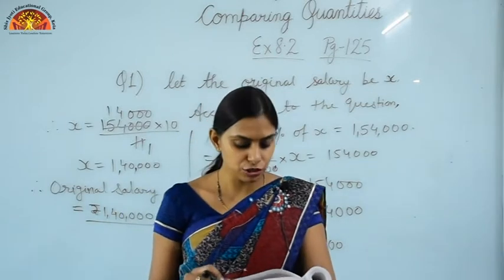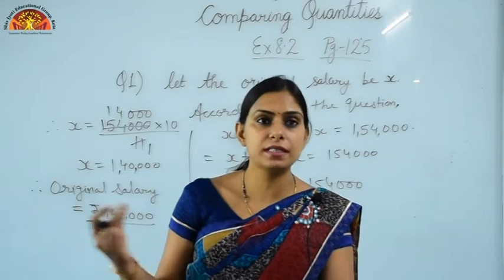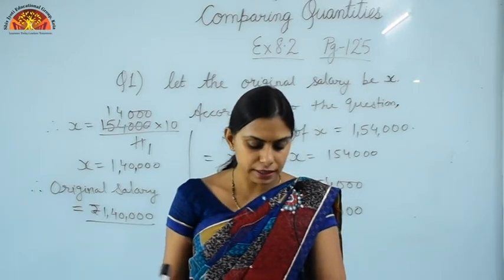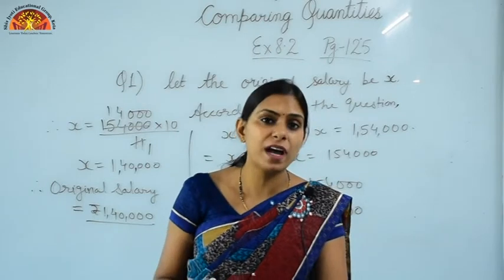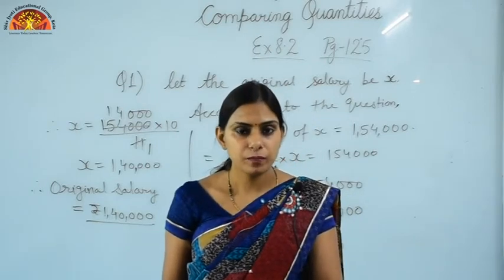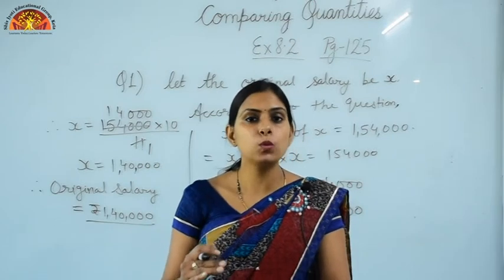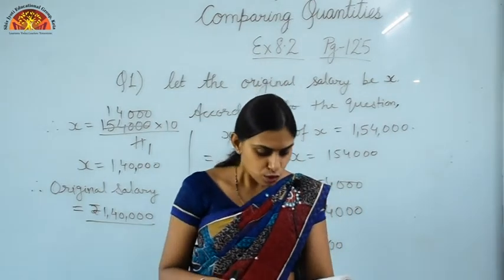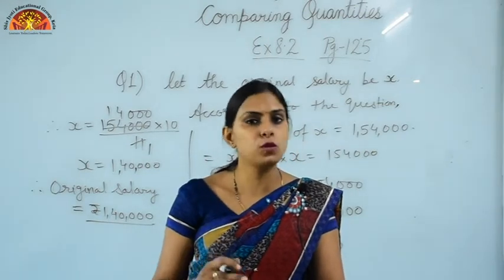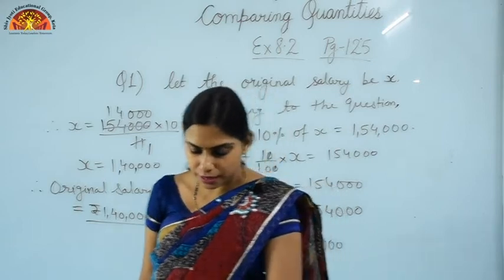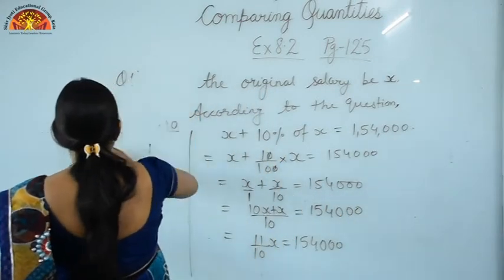So what is given, children? On Sunday 845 people visited the zoo, but on Monday the number of people has decreased to 169 people. Why? Because Monday is a working day. On Sunday the number of people who visited the zoo was more. So you have to find the percentage decrease in the number of people who visited the zoo. So we can just find it out.